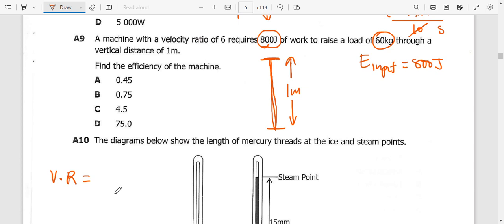Now that one is going to be a bit complex, the one I'm giving. But we can say velocity ratio is given by the distance moved by the